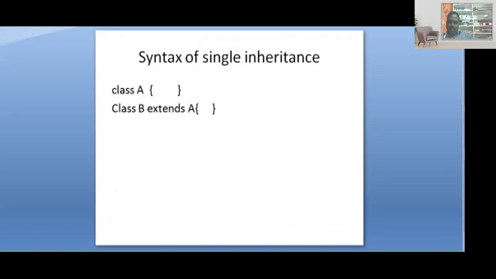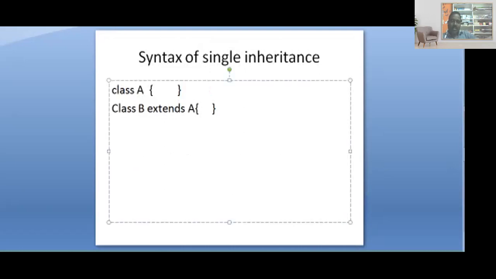A is the superclass name, B is the subclass name. A is the parent class, B is the child class. A is the base class, and B is the derived class. Is it clear? That's the syntax of single level inheritance.